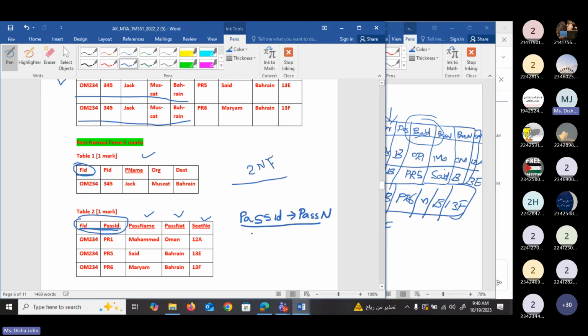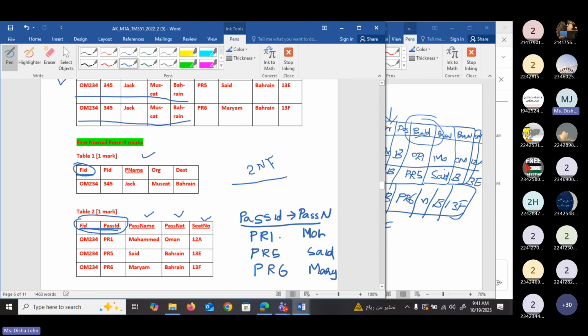What are the values of passenger ID? PR1, here PR5, then here we have PR6. Then what are the names? PR1 is Muhammad, PR5 is Said, and PR6 is Maryam. So here you can see it is a dependency.